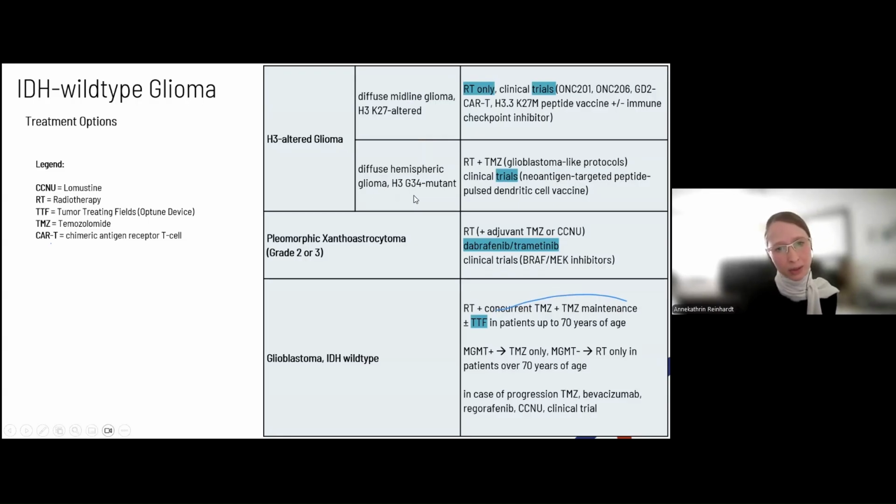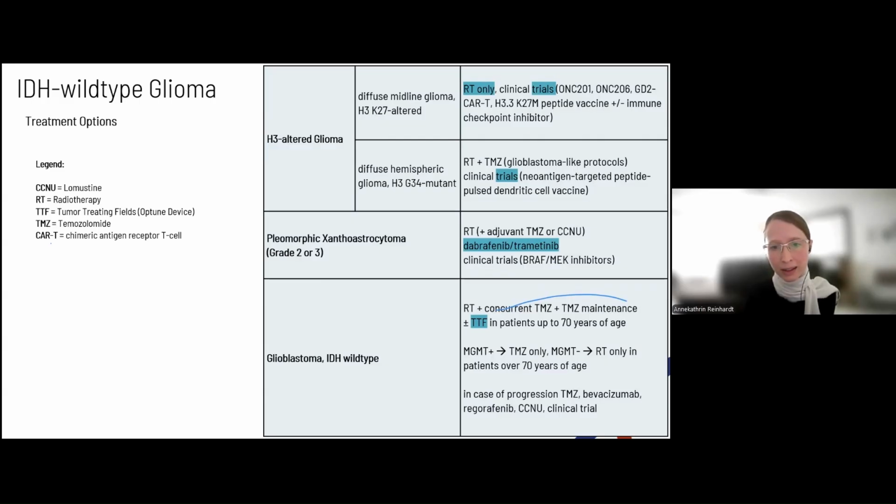Then we have diffuse hemispheric gliomas. These patients are very seldom, and that's why we have not a lot of clinical studies here. They are treated like glioblastomas at the moment due to lack of an alternative. But of course, also here you have these G34 mutations, and can also, in the framework of trials, address this mutation via immune therapy. In the PXAs, when we have a BRAF or another MAP kinase alteration, then